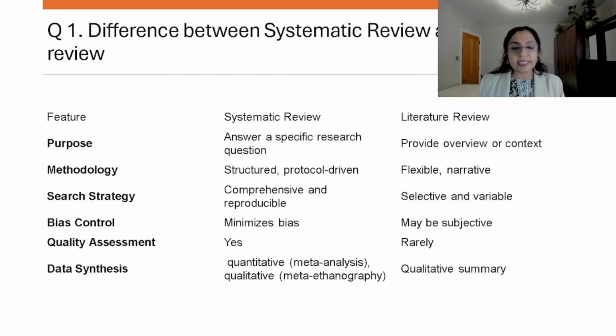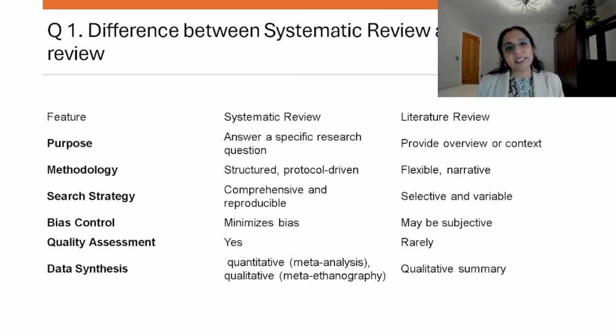Bias control is an important difference between systematic review and literature review. In systematic review, controlling bias is an essential step. We need to minimize bias by doing several measures.